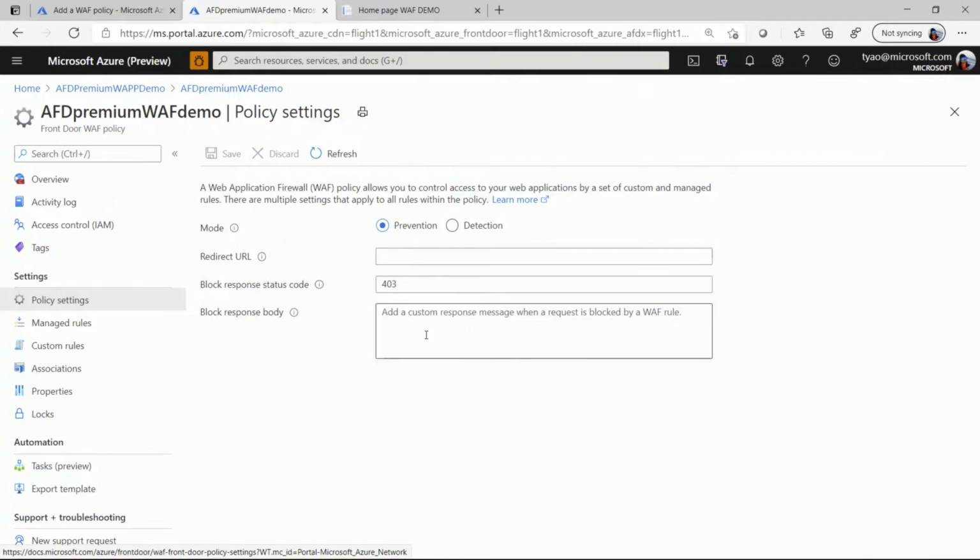Sometimes you don't want the attacker to know the request is blocked by a web application firewall, you can actually go ahead and change it into, let's say, 200 OK. In this particular case, I'll leave it as default. So you will see a 403 denied message if it's blocked by the firewall.